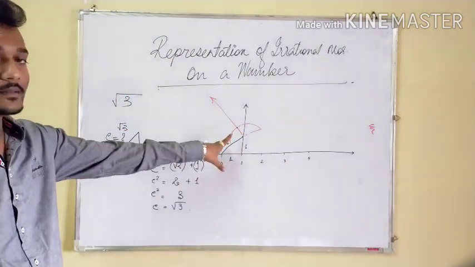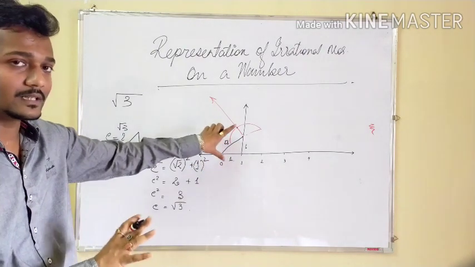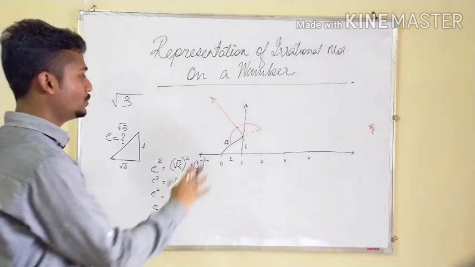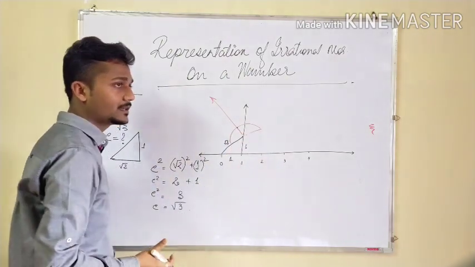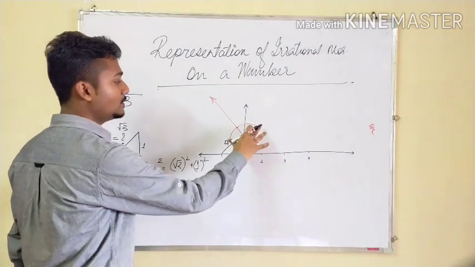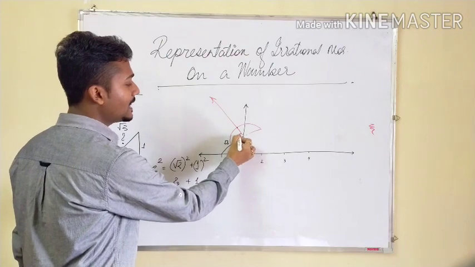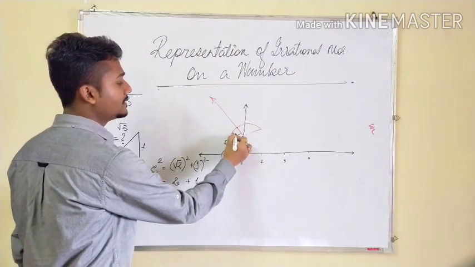See how I have placed the protector. I am not using a physical protector, but I hope since you are in class 9, you will be able to understand how to place a protector. That demonstration is not required. So here you will place the protector and you can easily identify which one is 90 degree. Yes or no?